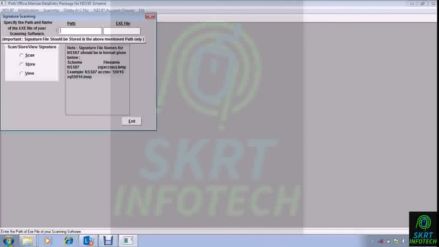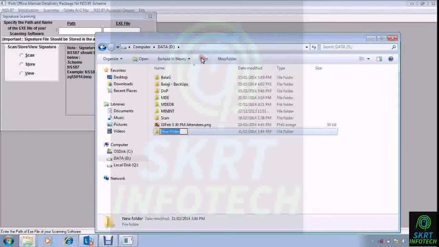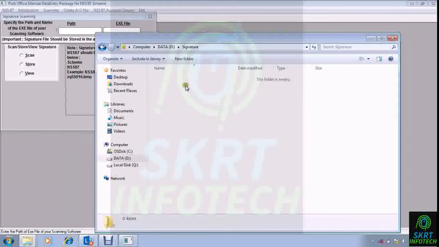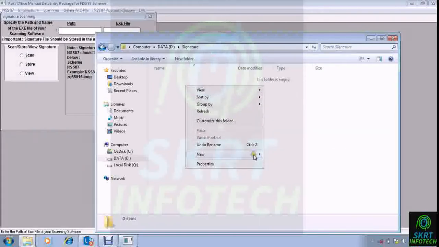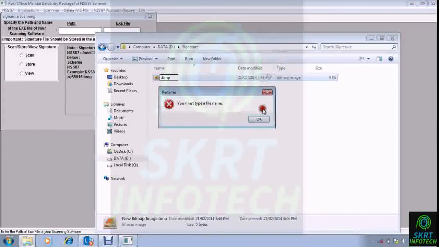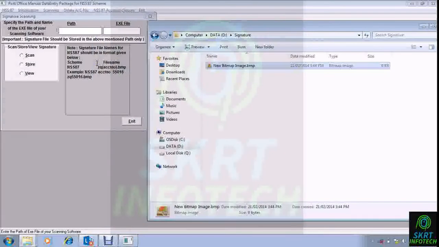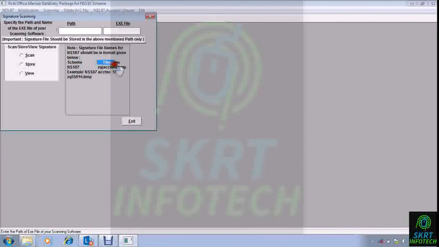Now for this, what we will do is we'll create a folder named signature. In this folder we will place all the files. So the naming convention of the file should be ZQ and account number, and it should be in BMP form.